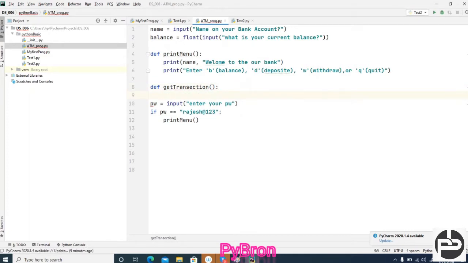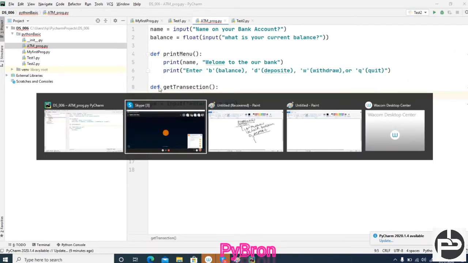Okay, same thing, don't worry, those who are not able to understand this concept, we will do these things again when we learn class and object. Right now we are writing our scripting code. Later on, once we are aware of class and object, we will see the same concept with the help of class and object, and how we can do these things with them.